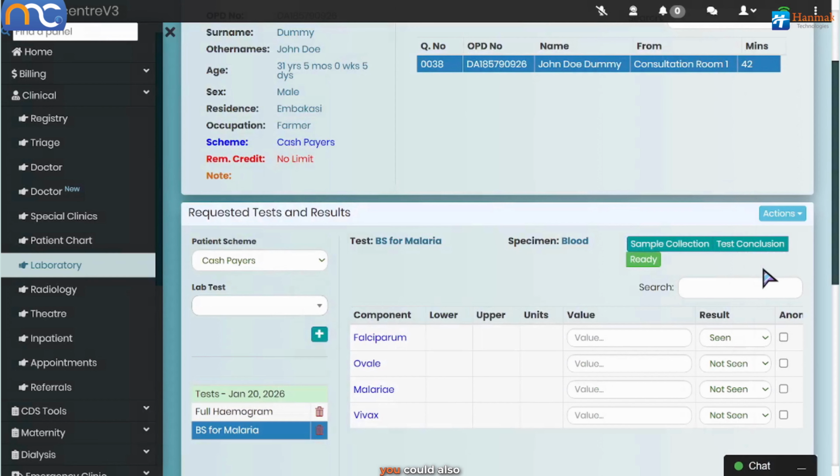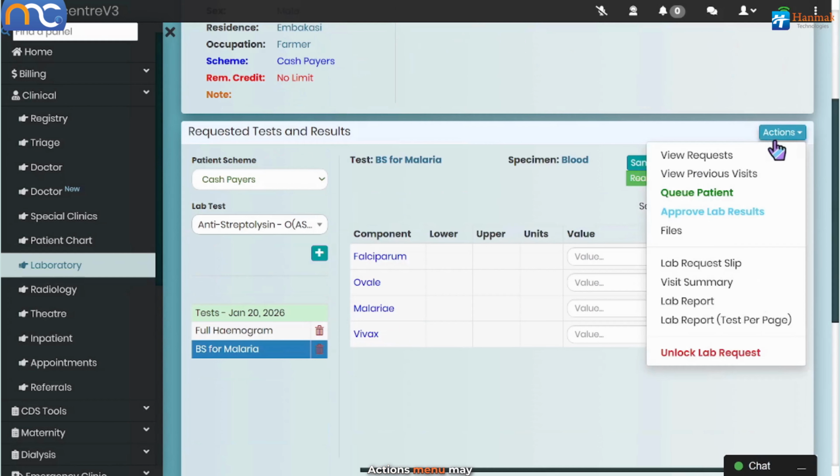Other actions that you could also perform on the Actions menu may include viewing requests, viewing previous visits, queuing patients to another room, uploading digital or scanned files particularly to enhance diagnostic accuracy and supporting patient care, viewing the lab request slip, viewing the patient's visit summary, viewing the lab report, test per page, as well as unlocking